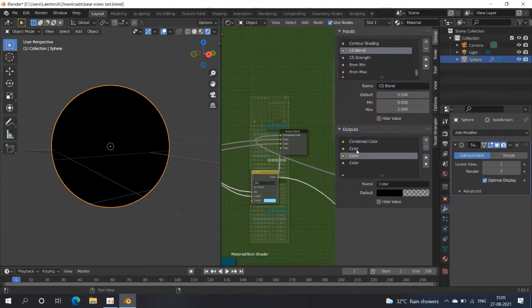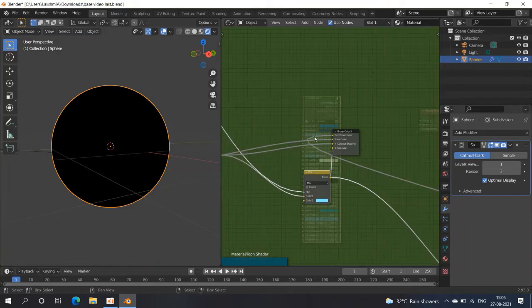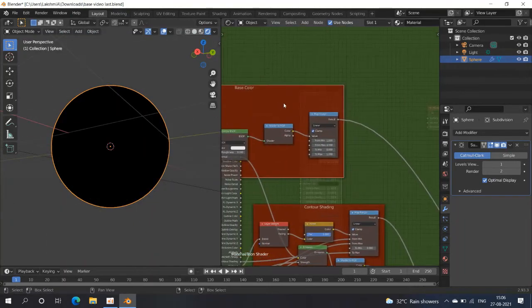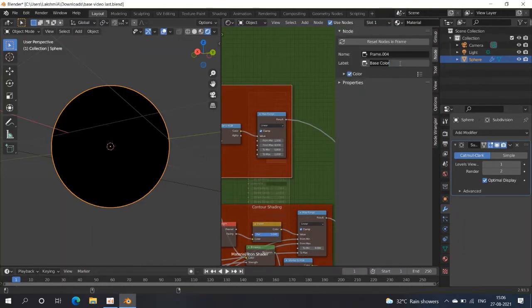Now we could rename this as base color, this as plus contour shading, and this one as plus specular. I'm gonna rename the frame as specular,